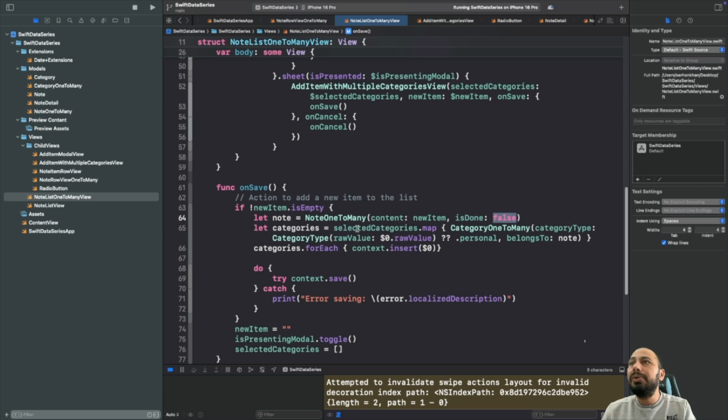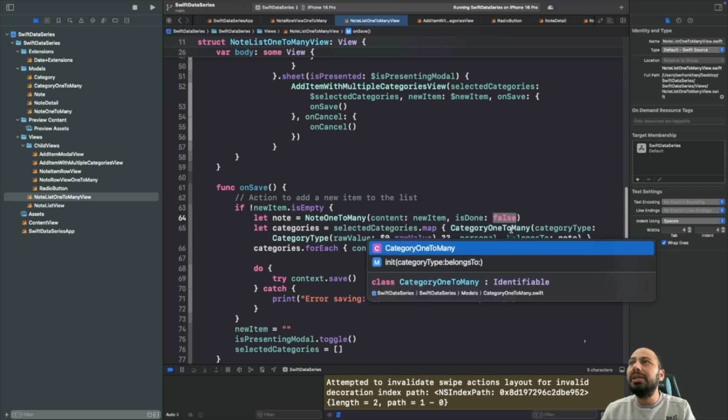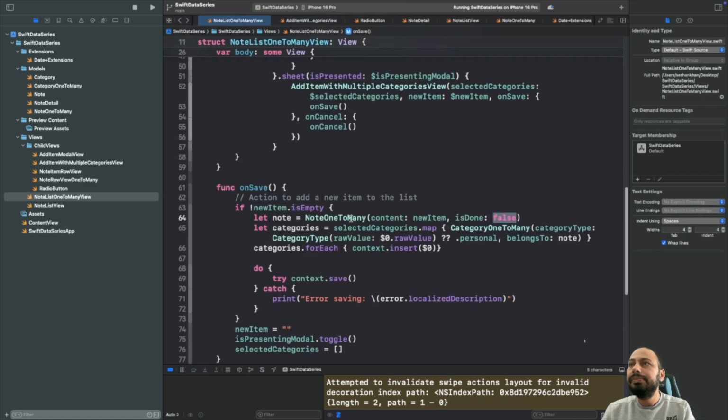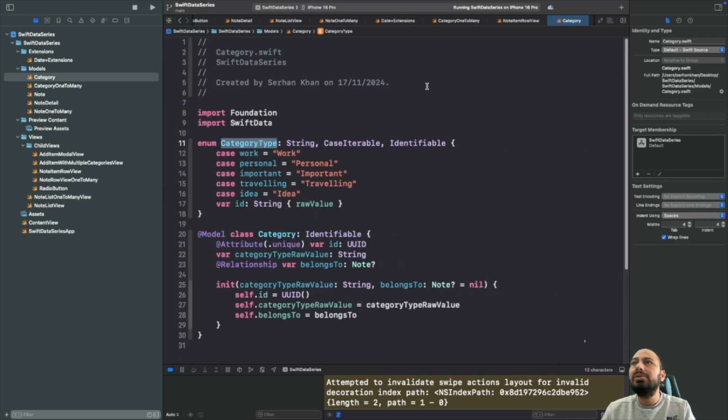And we go through selected categories and we map them to category one-to-many objects by using this constructor. Okay, and we are passing the raw value of the selected category, which is actually the type of categories in